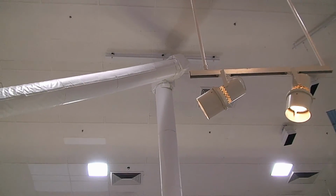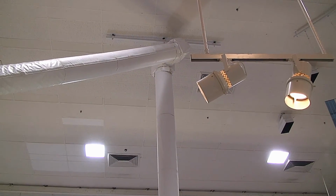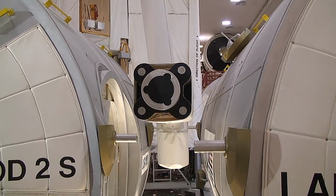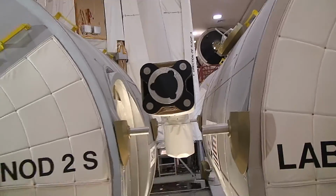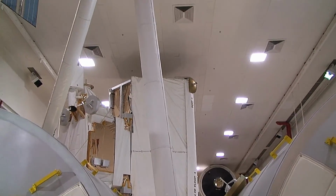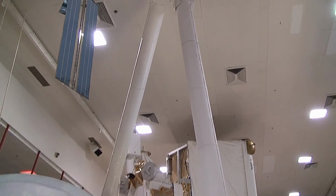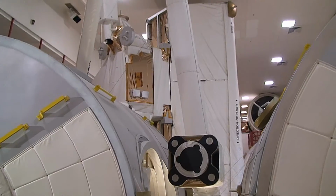Here's an example of a truss after Russia and the United States, and an example of the Canadian one. We were also the second. Here's an example of our unit, for example,